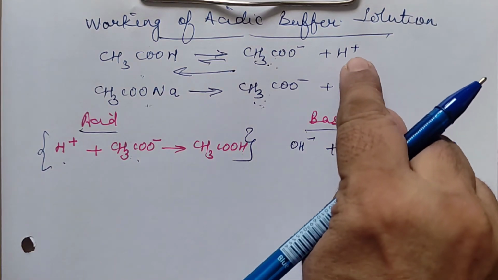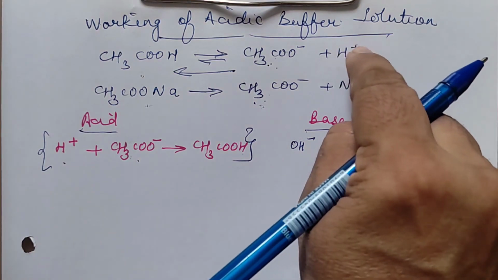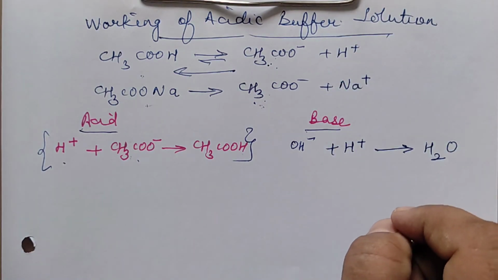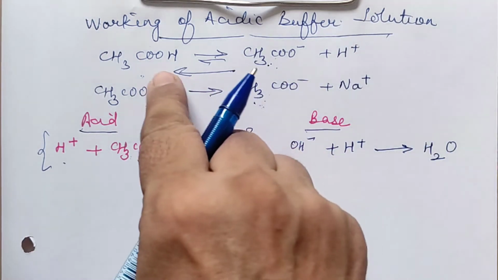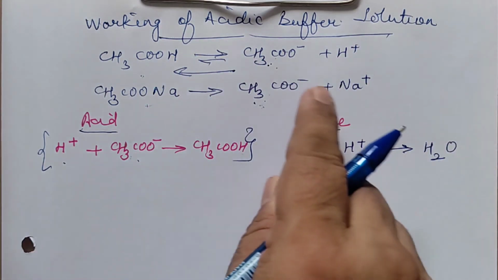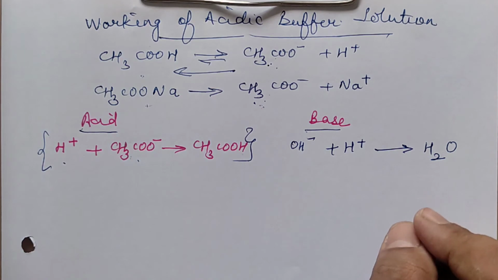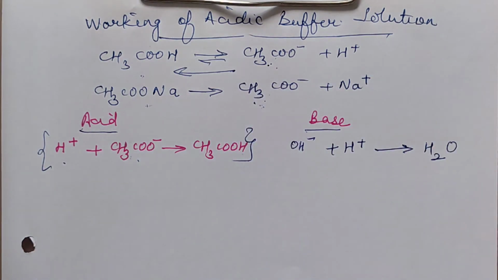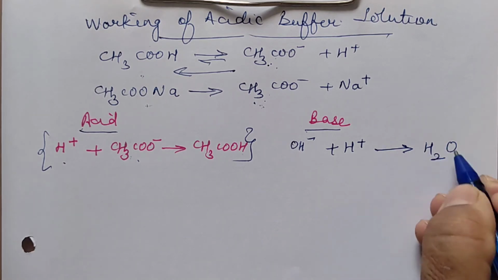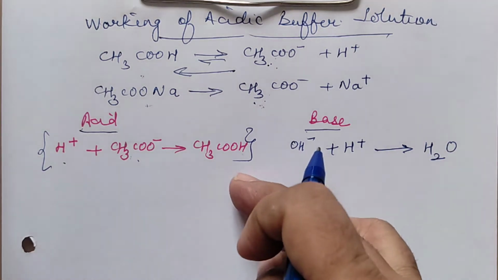Yes. So the product is removed. This H plus concentration is removed. H plus concentration is removed means this equilibrium will shift in the forward direction so as to increase the concentration of the acetate ion, the H plus ion, so as to maintain the equilibrium. But even then, it is forming water or acetic acid.